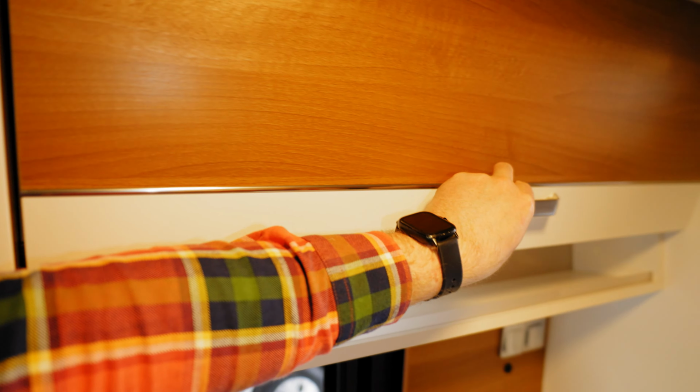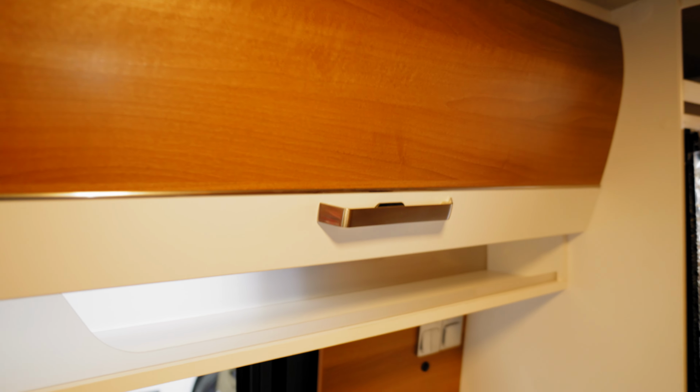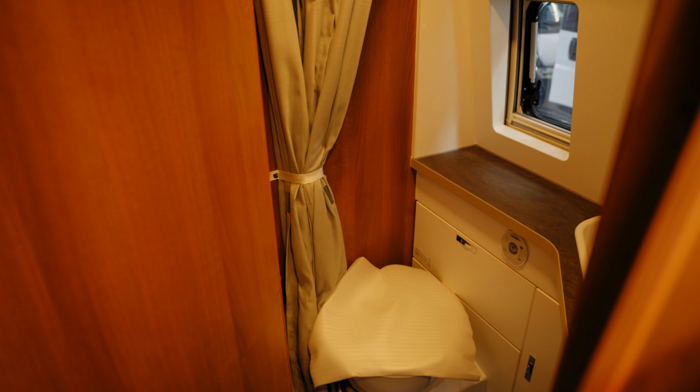On this side, actual cabinet, and we have the pop-up roof on top, nice and wide. Going up from this side, big storage unit, and then a pretty interesting bathroom